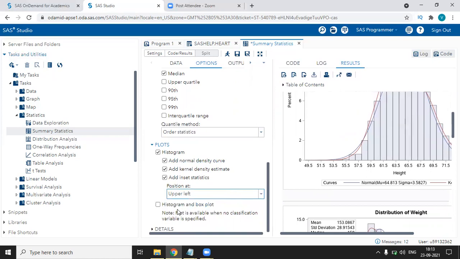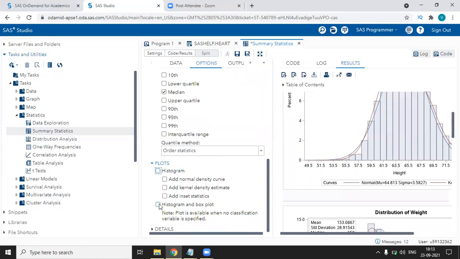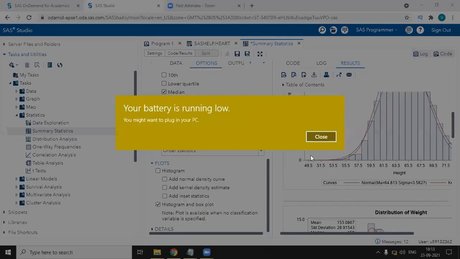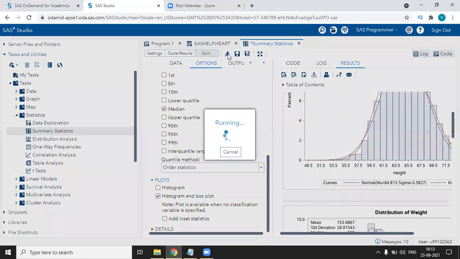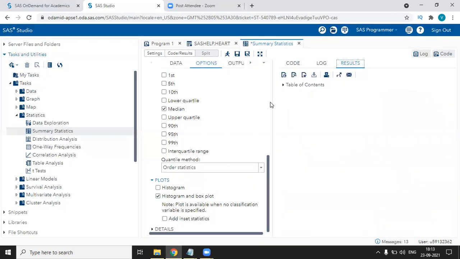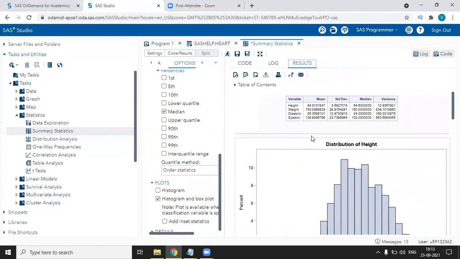Now suppose you want a histogram plus a box plot. Untick all these variables and tick on histogram and box. Sorry. Click on this histogram and box and click on this run icon. Now we can see a histogram with the box plot. Scroll.